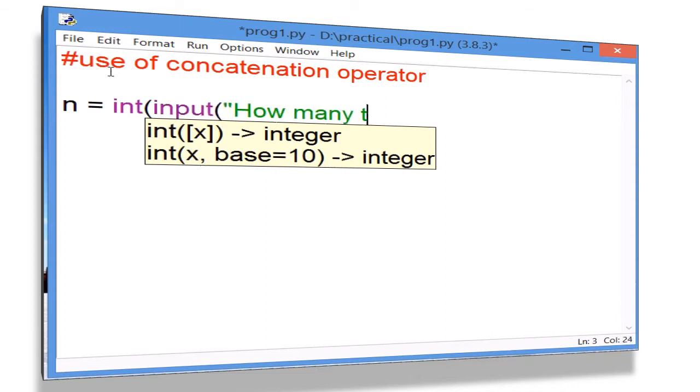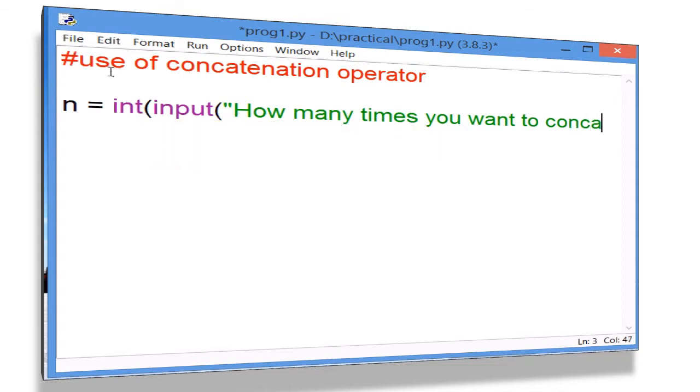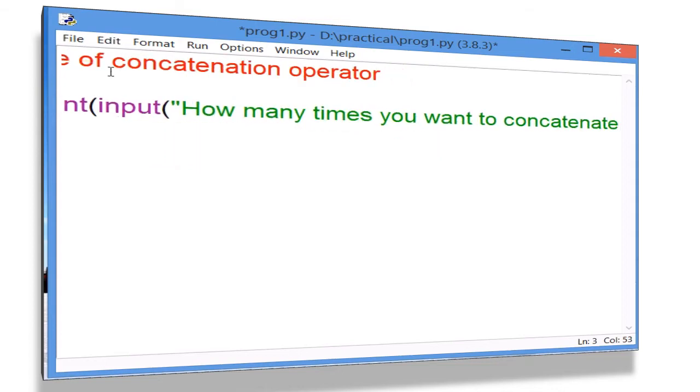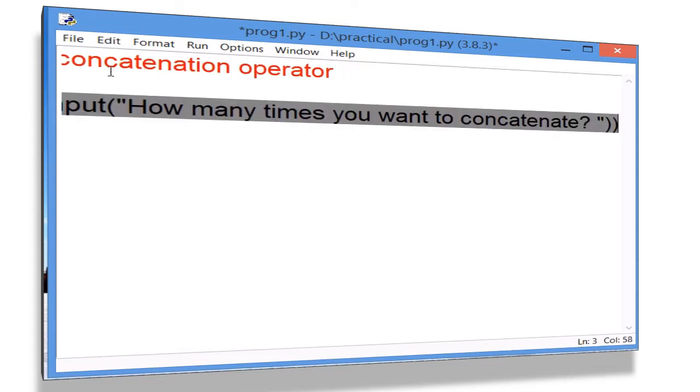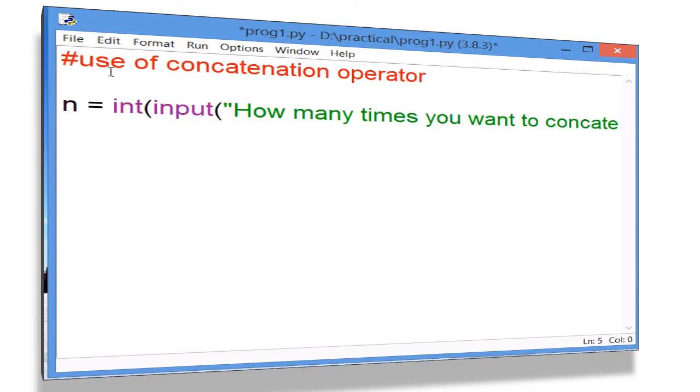How many times you want to concatenate? So I can run the for loop for i in range n, and then I ask the user to enter any string,